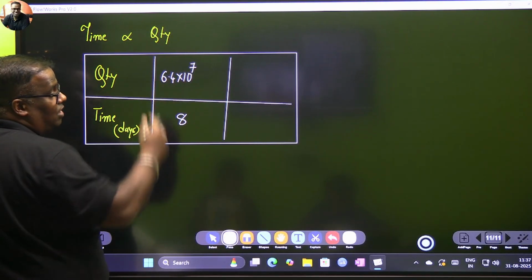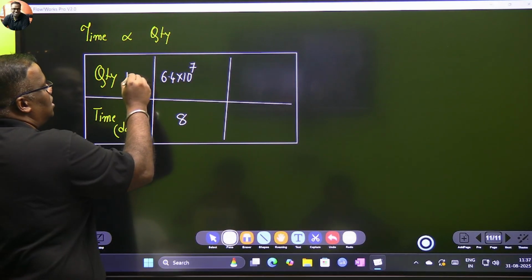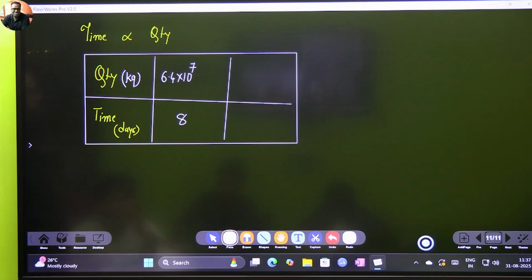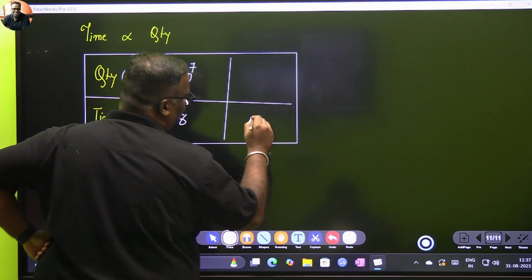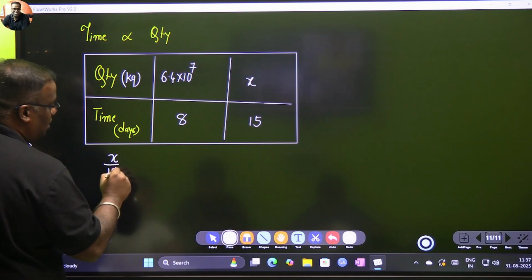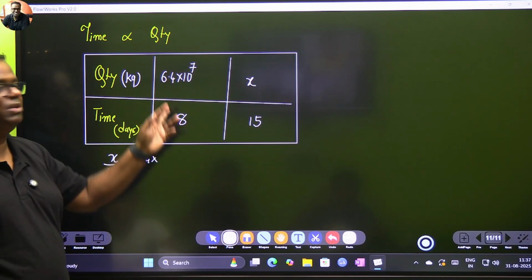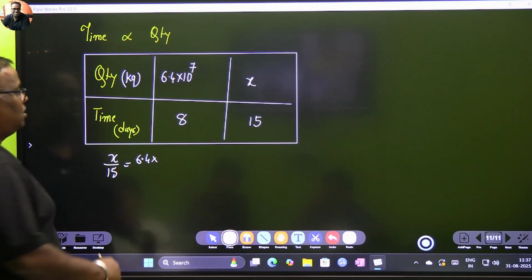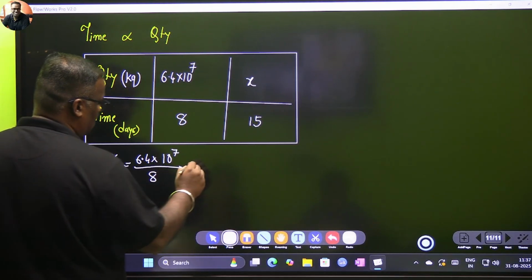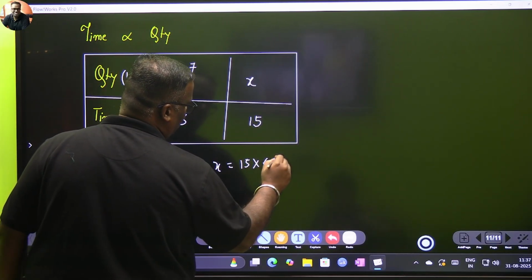What is the unit? Kg. So this is in kg. Next, 8 days, 15 days. X. So this is 15, and this is x. So our equation will be x by 15 is equal to 6.4 into 10 to the power 7 divided by 8. See, looking at 6.4, you should get happy. 8 into 8 is 64. So x is equal to 15 into 6.4 into 10